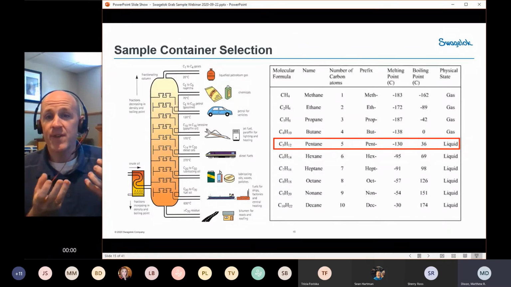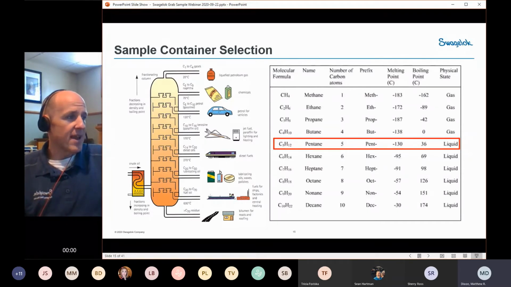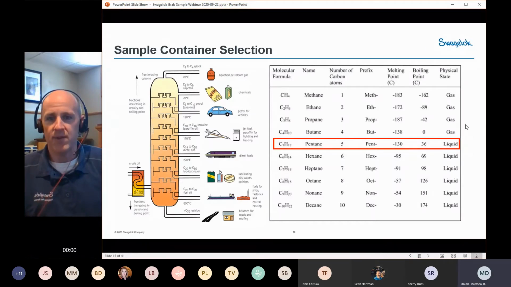At my atmospheric conditions, is this sample going to boil? Is it going to want to vaporize away? And so with pentane, we can see here the boiling point is 36C, which is whatever, 90 something degrees Fahrenheit. So even here in Cleveland, we occasionally get to 90 something degrees Fahrenheit. So we would consider that to be a